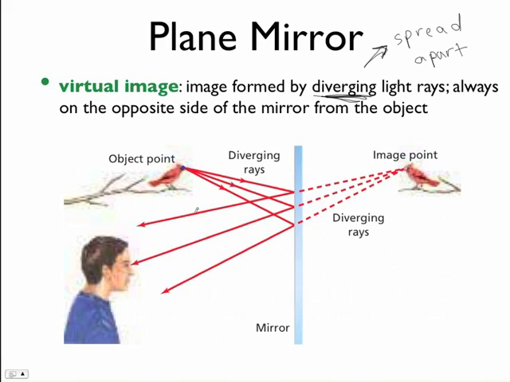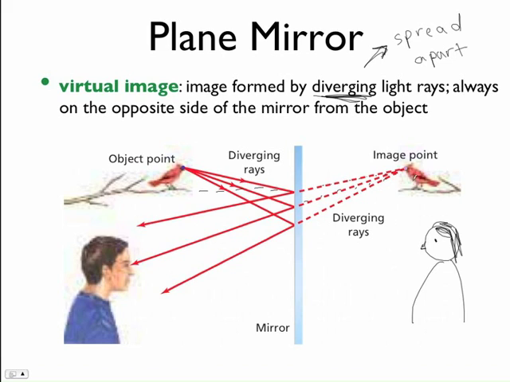And we'll learn how to draw these ray diagrams, don't worry. But basically what's going on is from this object, you actually have a human here, right? He's not going to just be there by himself. Or the birds. This isn't a mirror that just shows birds and not humans. But the image of this bird, the light is hitting the mirror and diverging off, right? We've got this angle of reflection. And then what happens is the light kind of passes, or it looks like the light is passing through, and